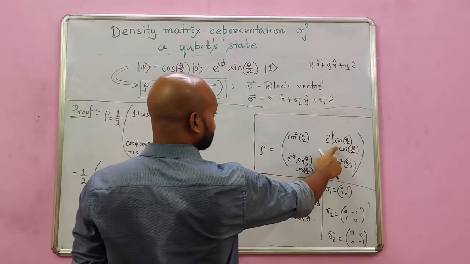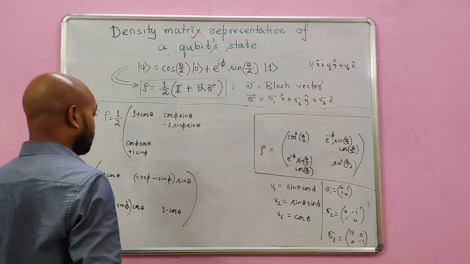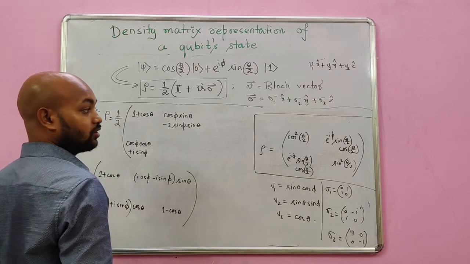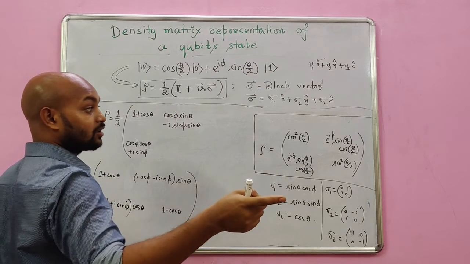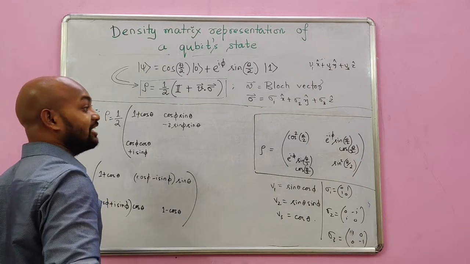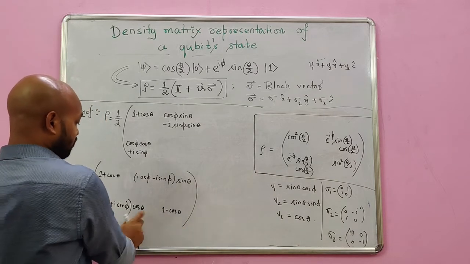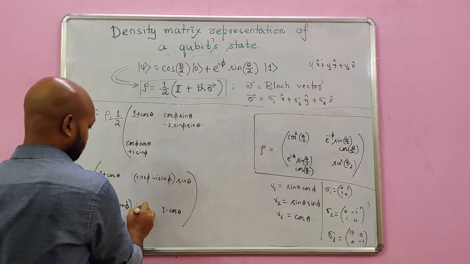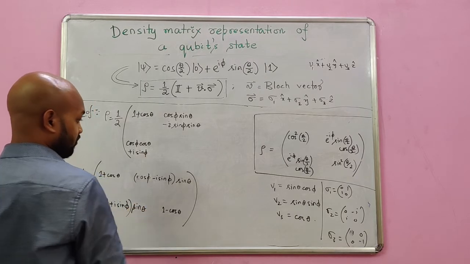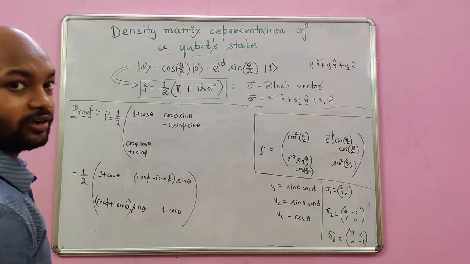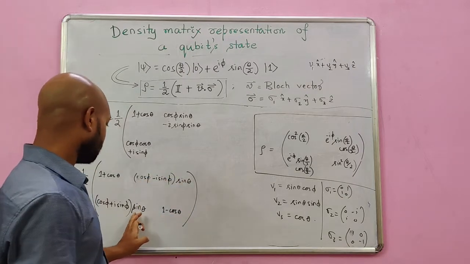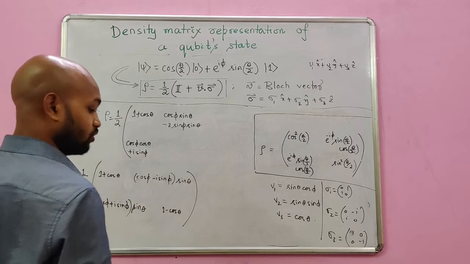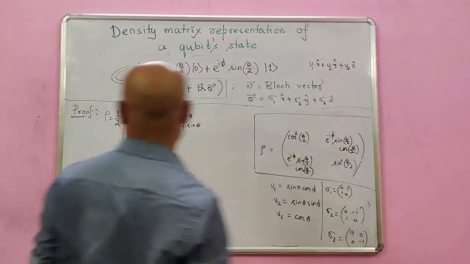See, this sin theta cos theta term, when I wrote it as 2 times sin theta by 2 cos theta by 2 as sin of theta, I also get a sin of theta here. Alright, sorry for the mistake. Sin of theta here. So my terms then accordingly become